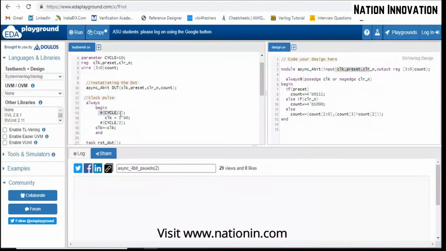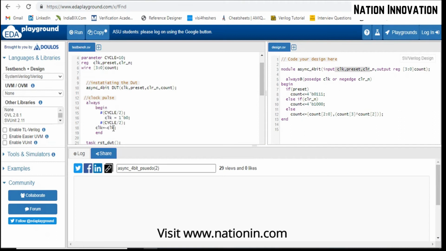For the 5 delay units, clock will be having the value 0, and after the 5 delay units, again, if it is 0 here, then clock equals 1. So clock basically here has the value 0, and it is a not operator we are using here.